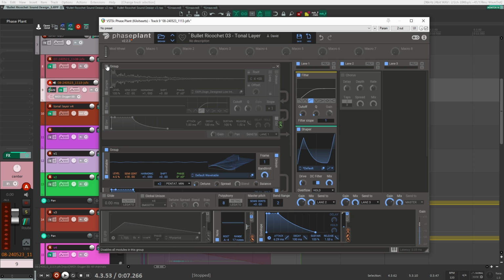Now, what I also added, which I thought was kind of nice and helpful, is this impact explosion tail. This is from my explosion sound pack, and I just dragged and dropped it in here. And so if I just play this on its own,